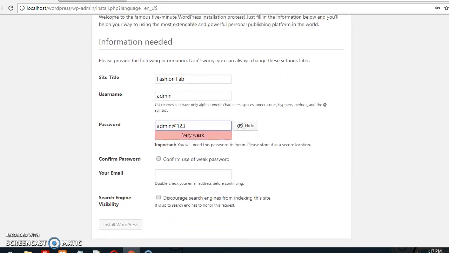You can take it as your password, otherwise you can change it to whatever password you want to set. I am taking confirm use of weak password. Email address I am taking as afsa.011@gmail.com. Install WordPress. It will take some time.